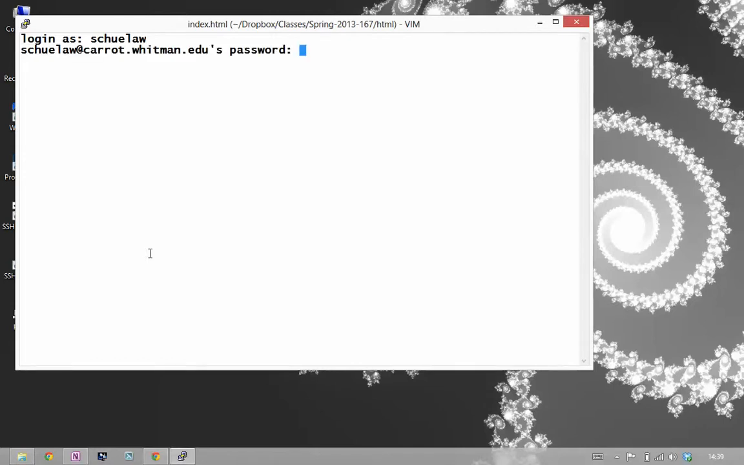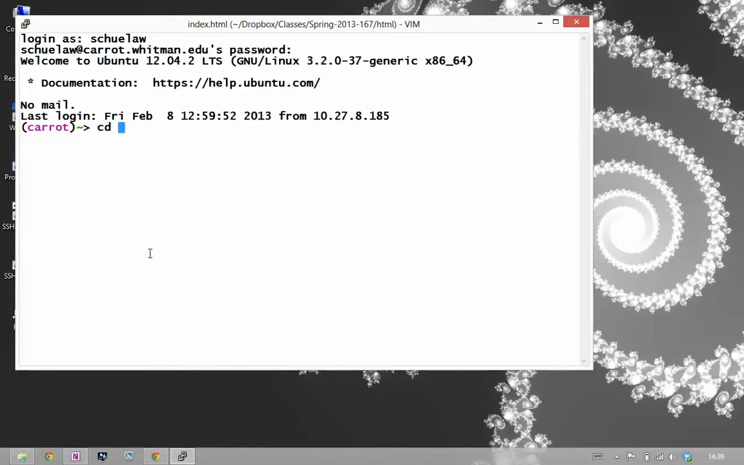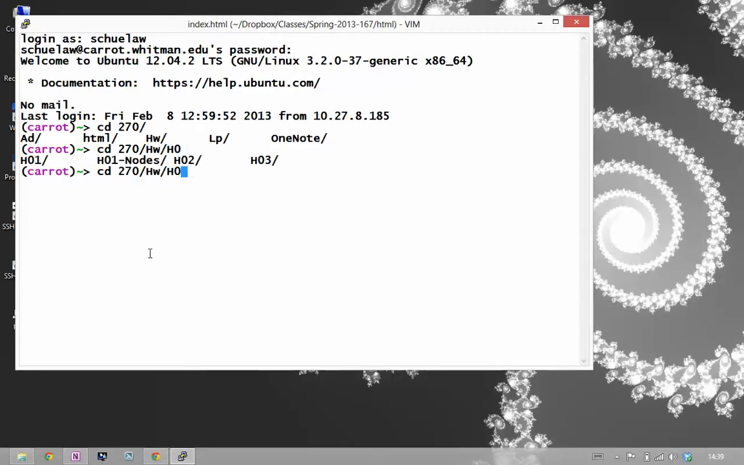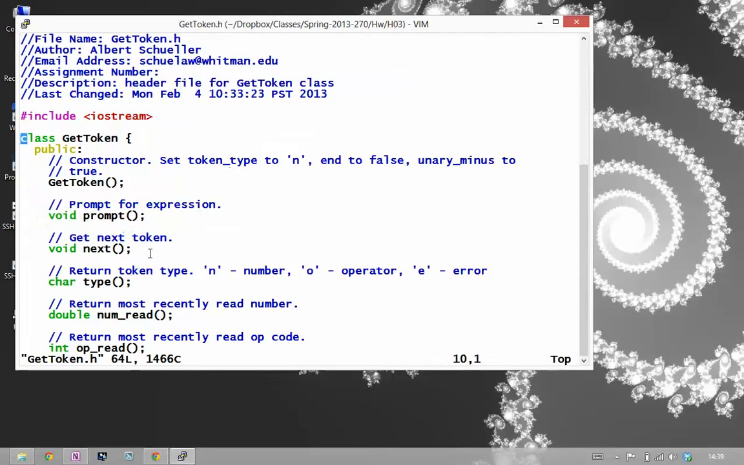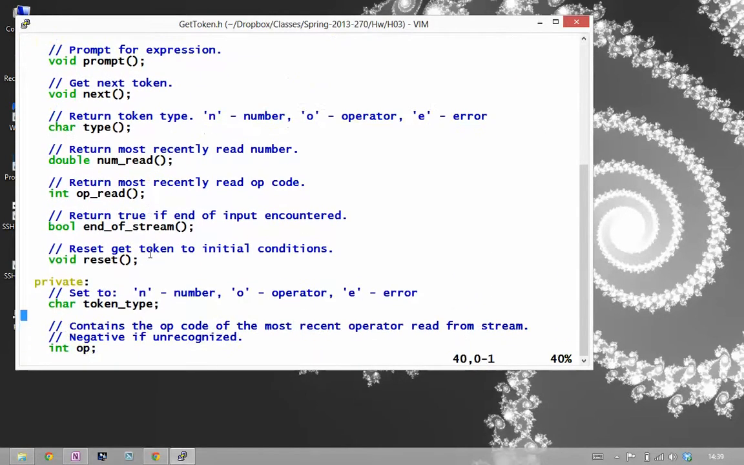Okay. Let me look. In my main, I use this. Return the most recently read opcode. Where are we? See the cursor? Okay. So you have a private variable we can start with that. Right, and the only thing